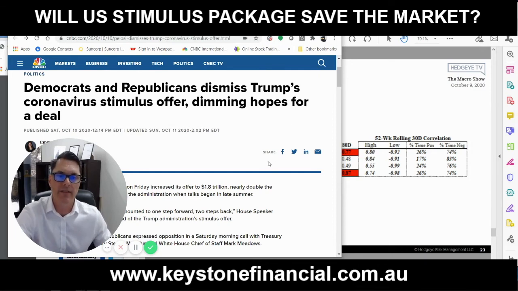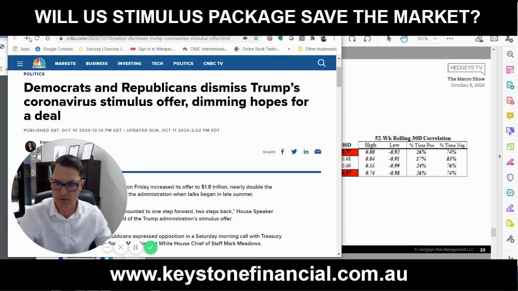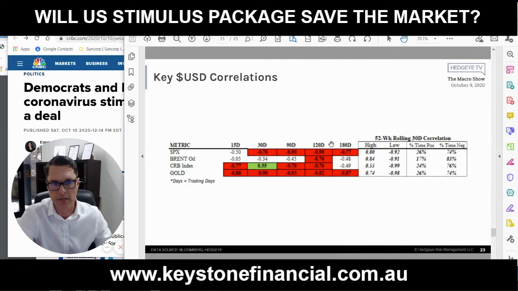Now, that's obviously going to have impacts on other asset classes, and it could very well deteriorate from there as we head into the election cycle as well, which is point number two. But just before I move on to the election, again, I am very much watching these correlations, watching the strength of the dollar, and watching the behavior of other asset classes. Gold has been acting a bit funny. The dollar's obviously been moving higher, and I'll get to volatility in a minute, but volatility is still elevated.